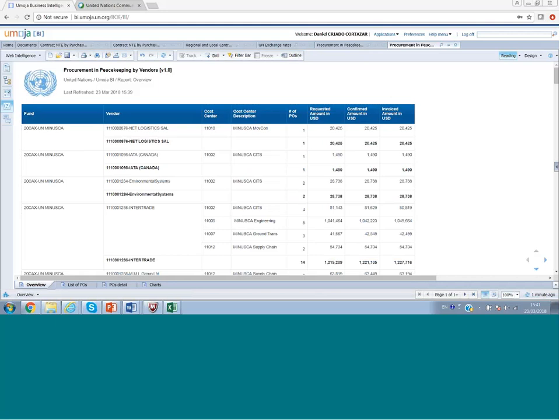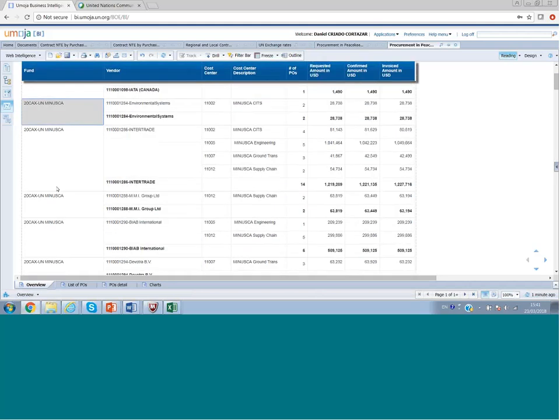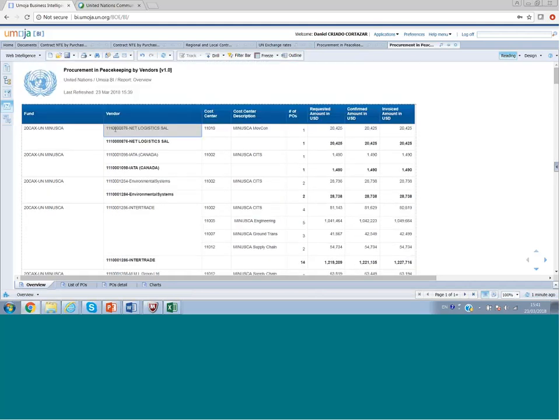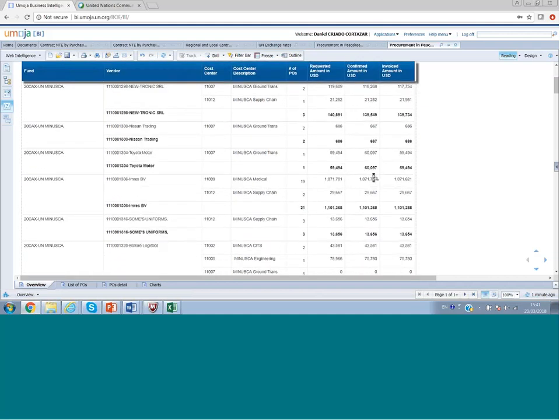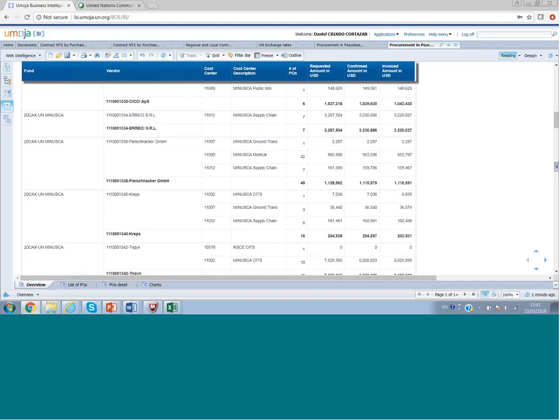So this is the one for vendors. So I do have the fund. In this case, it was MINUSCA, and I think it was only MINUSCA, exactly. With the name of the vendor, cost center, the description, the number of POs for each of these vendors, the requested amount, confirmed amount, and invoiced amount. Okay, if I go to charts,